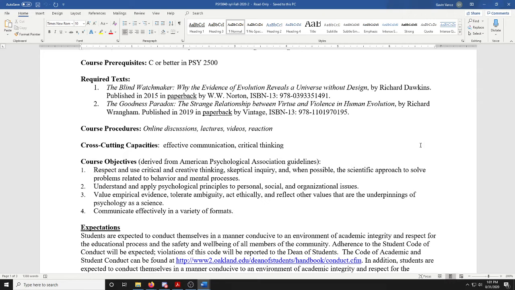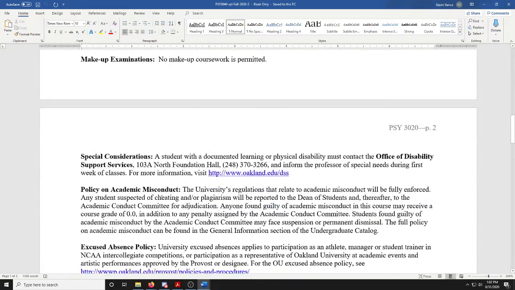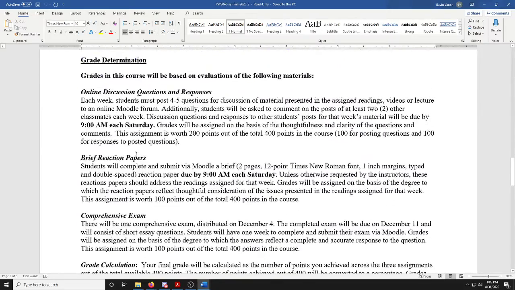Let's see. You guys, we trust you can read much of this. In terms of the grade determination, there are 4 components in your course grade, each one of which is worth 25% of your course grade. The first component is online discussion questions and responses. This is what I mentioned earlier. Each week, with the exception of this week, I don't think it makes sense to have discussion questions and responses this week. Beginning next week, every Saturday, you will enter into the discussion forum, which you'll see online.